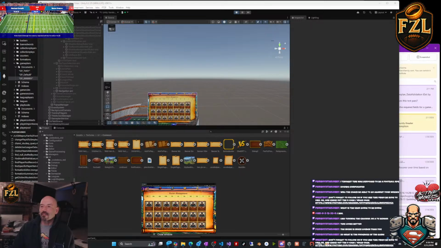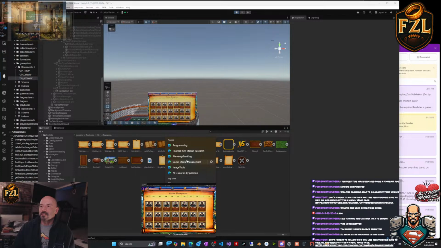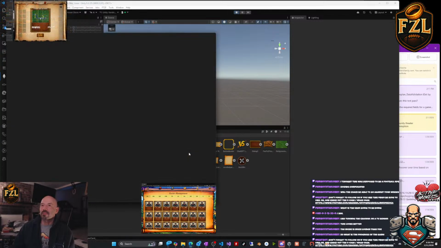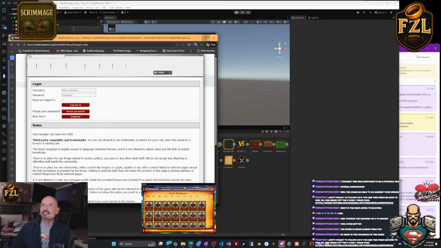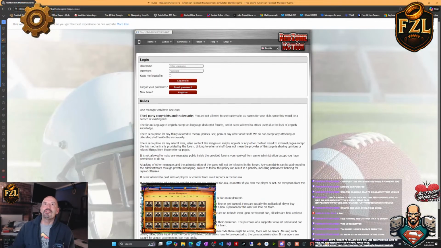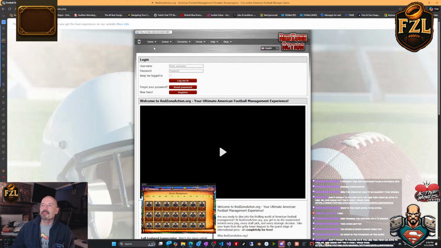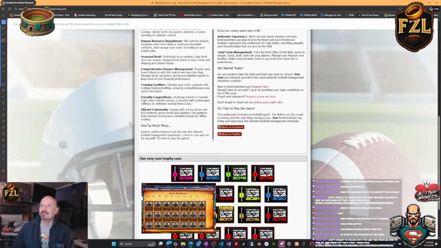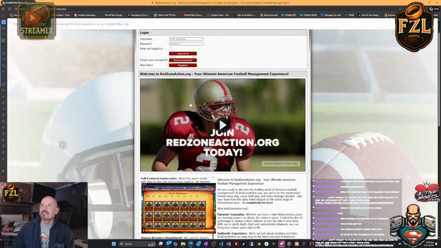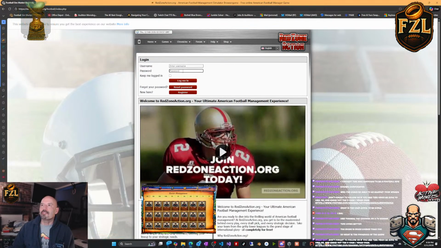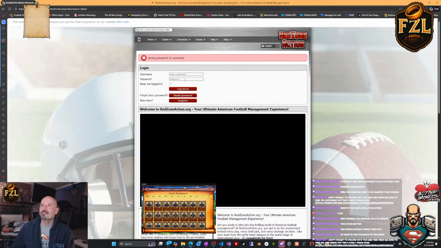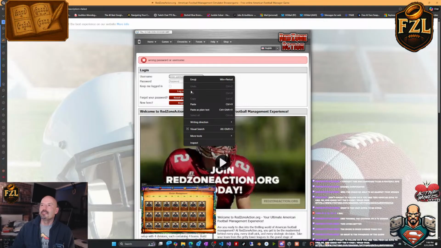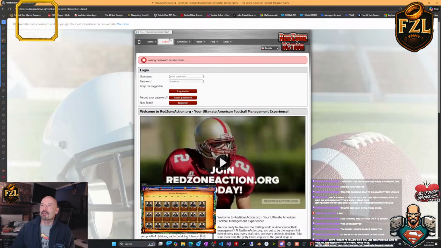Let's see if I go. Oh, here it is. Let's see. Okay, so I have this. So this is one of them. Red Zone, redzoneaction.org. Okay, so I'm trying to see if I can see some images on here, so you can kind of see what this one does. How do I have to log in? I thought I have it. I think I have an account. Oh, I thought I did. All right, well, I don't want to do that right now. Okay, so